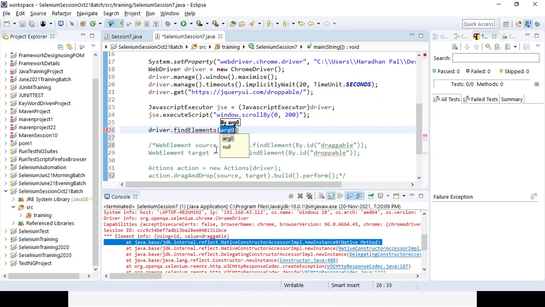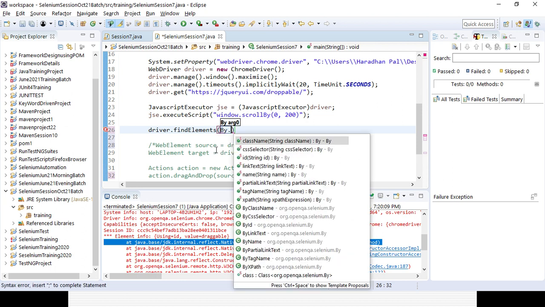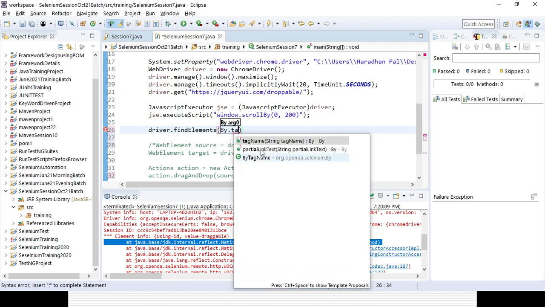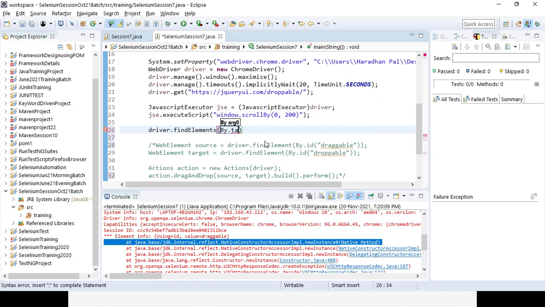I will recognize it with the help of the tag name. There are so many attributes, like the anchor tag; similarly, iframe is also a tag. So by.tagName, and here I will give iframe.